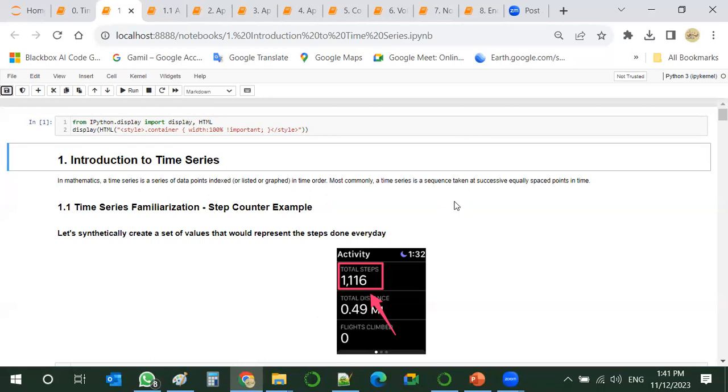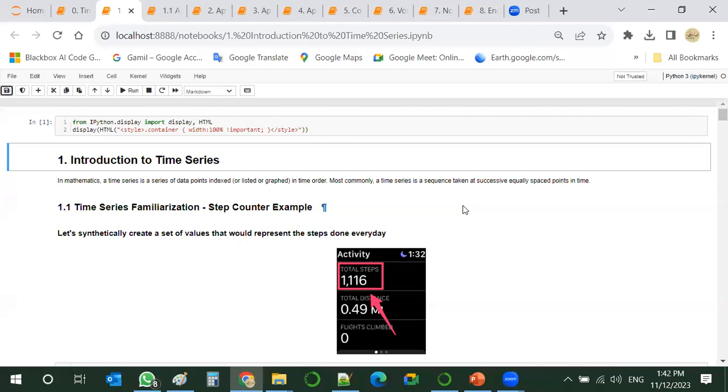So a time series is a sequence at successive equally spaced points in time. And time series is not something strange. No, we face and see time series in our daily life every day in different ways.